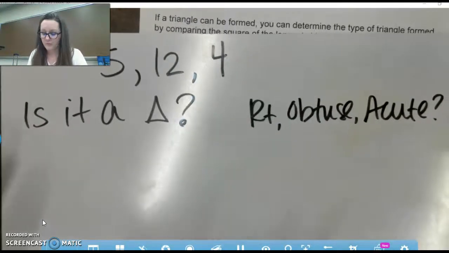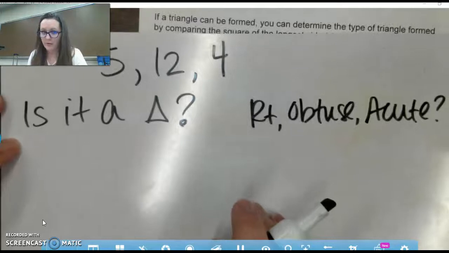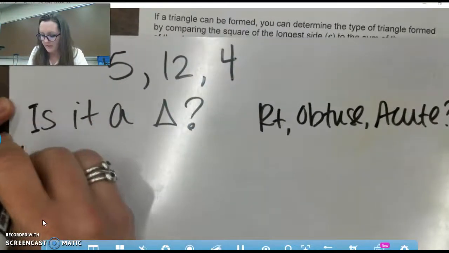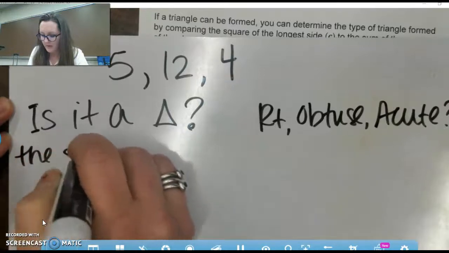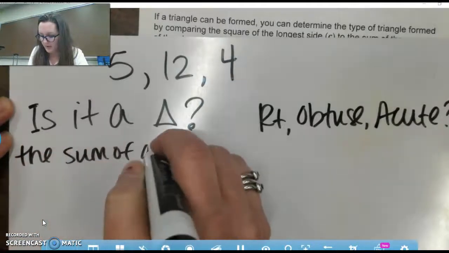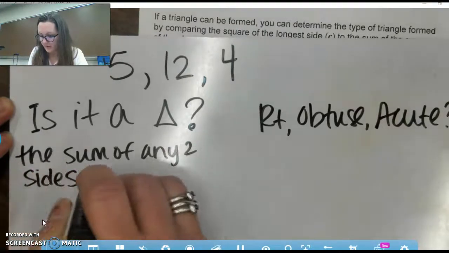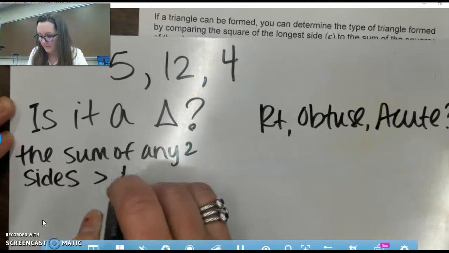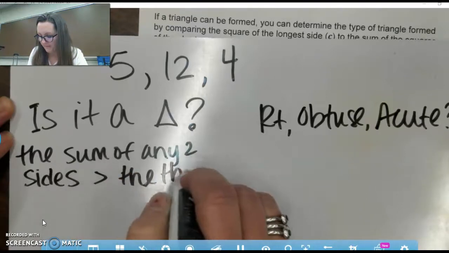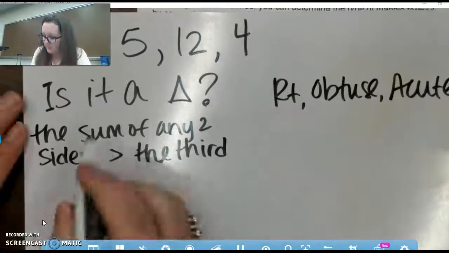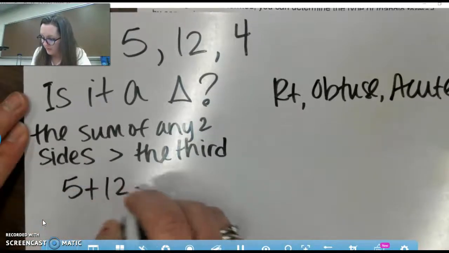So we're going to say, is it a triangle, by doing this. The sum of any two sides has to be greater than the third side. So let me show you what that looks like. 5 plus 12 has to be